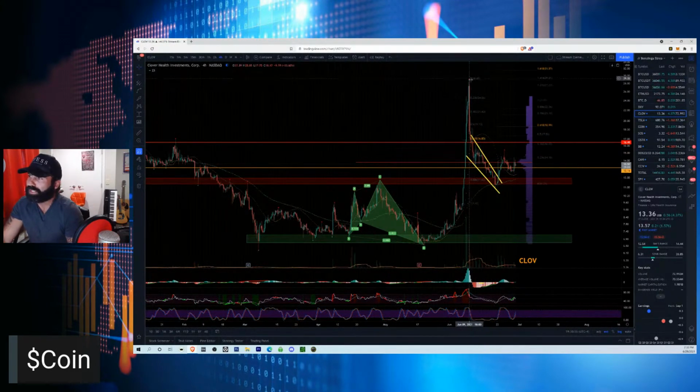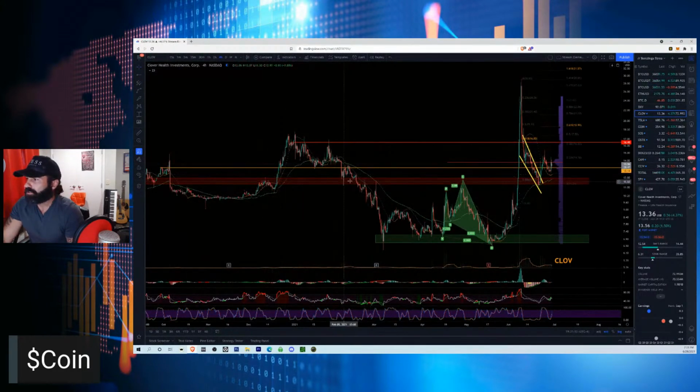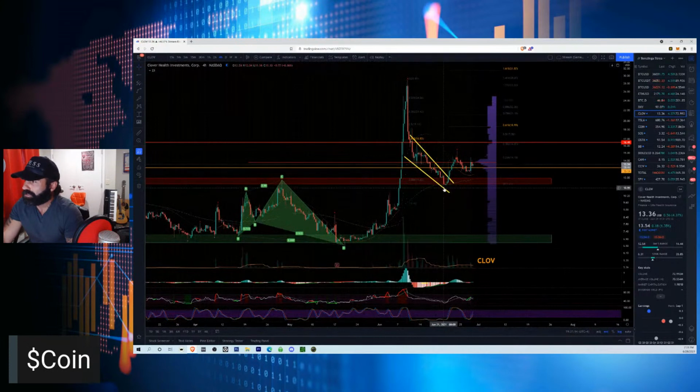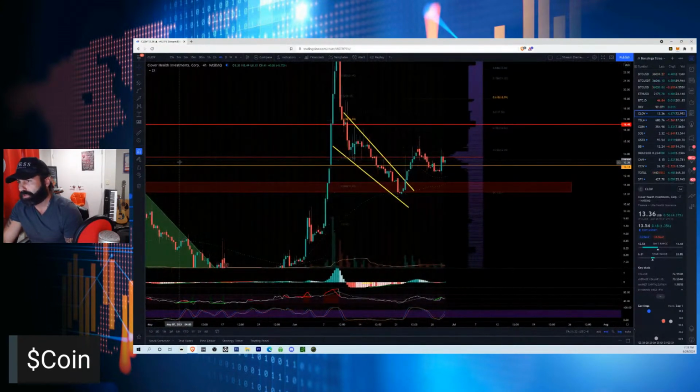But if you look where it ended up, we peaked at $28. We came back down to back test the spring, just like we talked about. But look where that spring ended up back testing. We back tested historical resistance as support. We've got this little falling wedge pattern that we broke out of. I think we caught this on last week's stream. We were just breaking out of that wedge, and if you look closely here on CLOV,